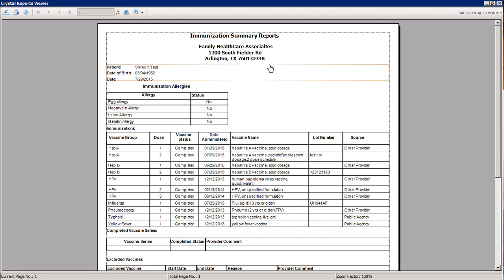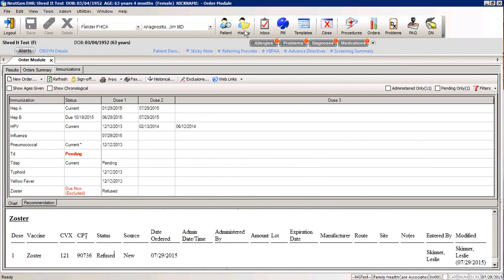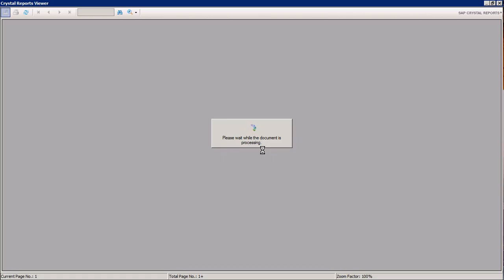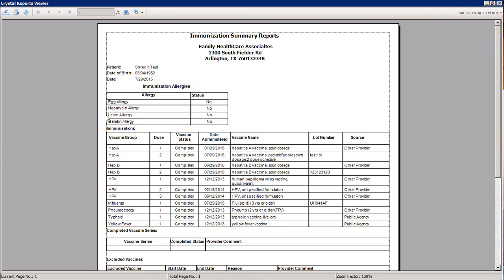And you'll notice once the immunization summary report is populated, it selects from your history the last encounter and the doctor associated with that encounter. You'll also note that it puts any allergies that the patient has. You'll have the vaccine, the dose, the vaccine status is completed, the date that it was administered. We've also added a lot number for those that have documented the lot number, provided the lot number is